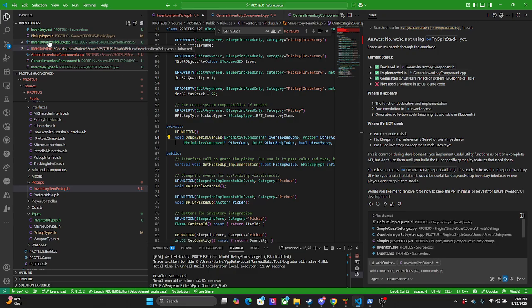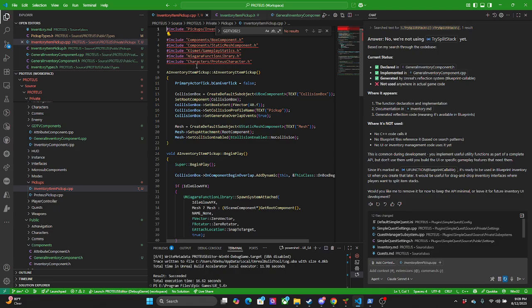We want to see what it did with the collision, right? So this is important. Set collision enabled, no collision from the mesh. That is right. But we do want it on the collision box.